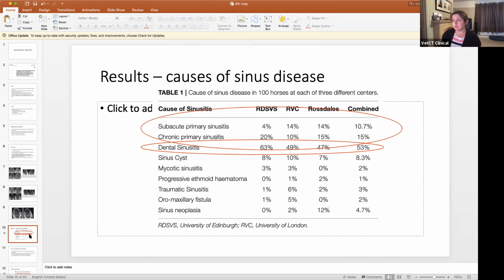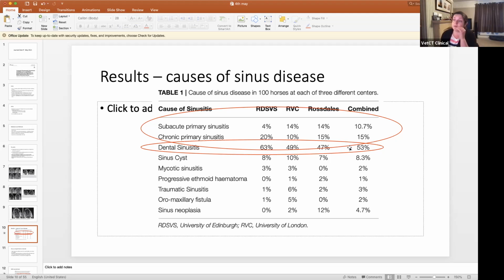So going on to their results, the causes of sinus disease. The primary cause of sinus disease was 25% were primary sinusitis. They broke it down to subacute and chronic. I think their subacute was less than 2 months duration of nasal discharge, and chronic was more than 2 months duration. 53% were dental sinusitis,